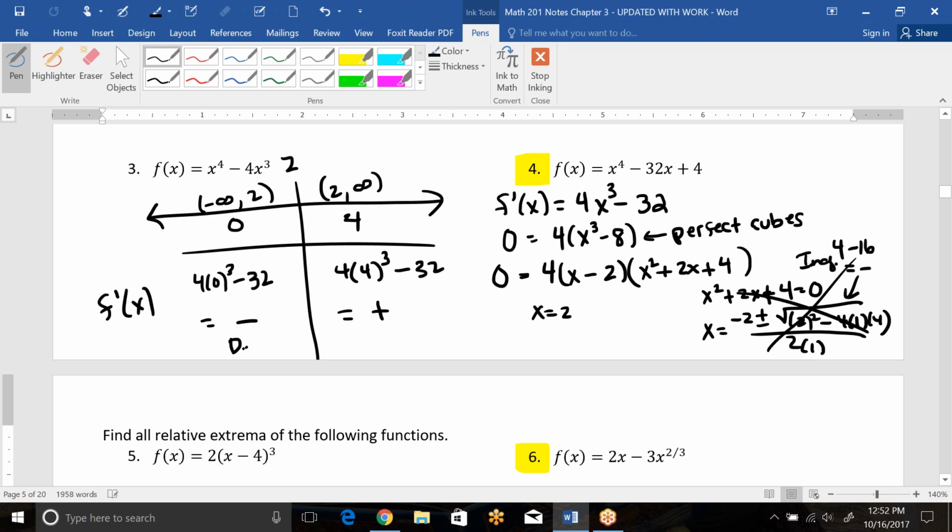So on this part we are decreasing, on this part we are increasing, which means we're going downhill and then back up, so that makes this a minimum. And that happens at 2, so we need to get the other part of that ordered pair. So f of 2 is 2 to the 4th minus 32 times 2 plus 4. That would be 16 minus 64 plus 4. So that's going to be negative